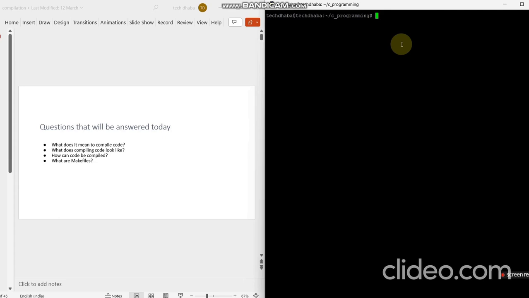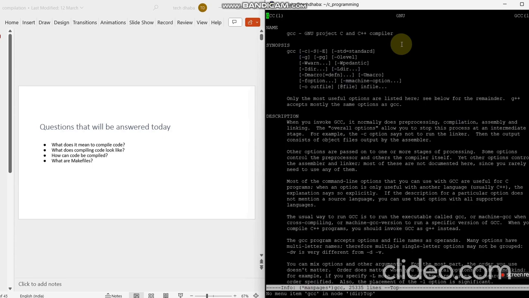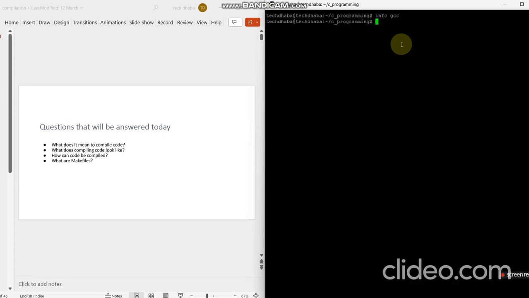So we need a Linux system and a compiler called GCC. If you want to read more information, you can go to info gcc and you will get enough information about that. But I will not suggest you jump directly to that. We will go one after another. So let me start by writing a simple code. I'll create a file test.c and I'm going to